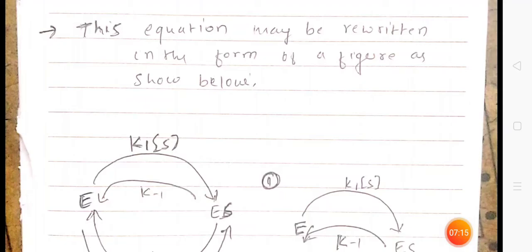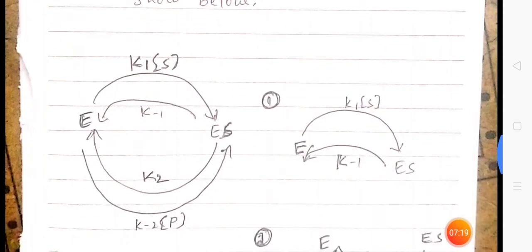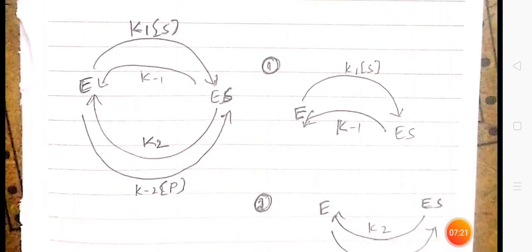As I told you, we can form a different figure, we can show it right in this picture. You can see in this picture the first overall picture, it is an enzyme. So in the overall view, we can see a forward reaction, they form the enzyme plus substrate. The reversible reaction is K minus 1 above, and here on the left side you can see again they can form enzyme plus substrate, but there is also the K2 reaction, and you can see this one also, the enzyme, it is K minus 2.